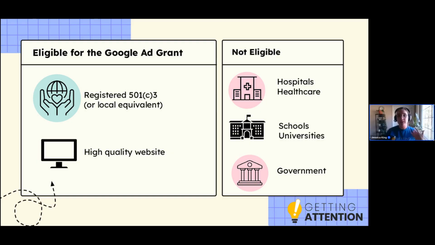You can understand, if we think about Google's stake in this, why Google would require that, right? If they're running ads, if they're potentially encouraging people to go to your website who are then being encouraged to donate, Google does not want to be tangled up in some sort of data breach scandal that they weren't even responsible for, right?